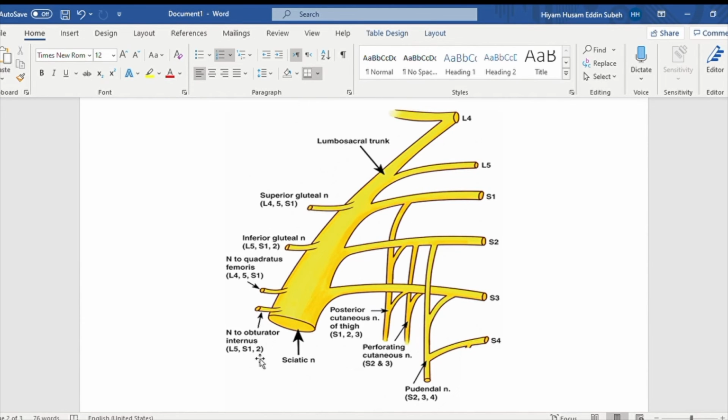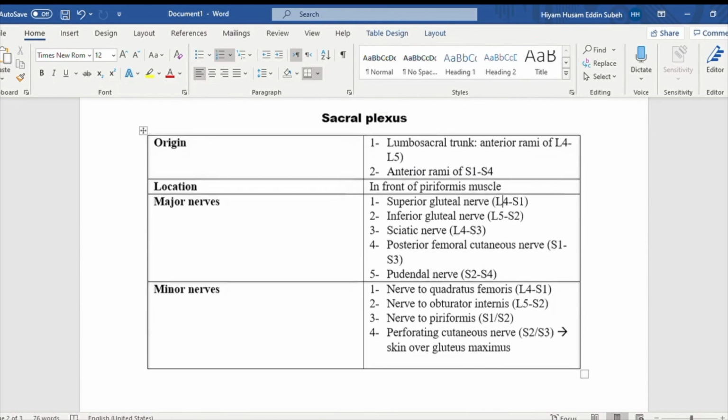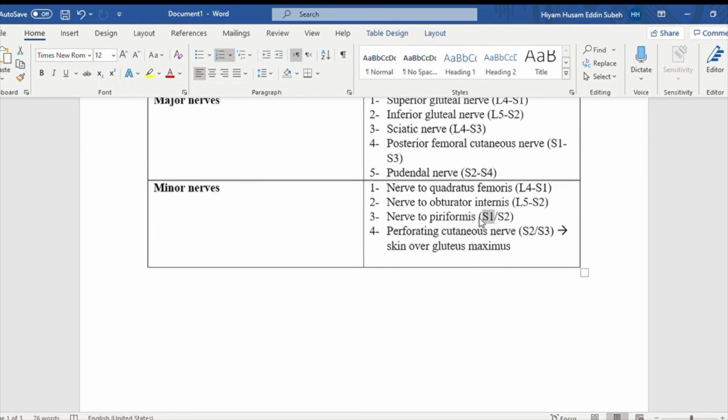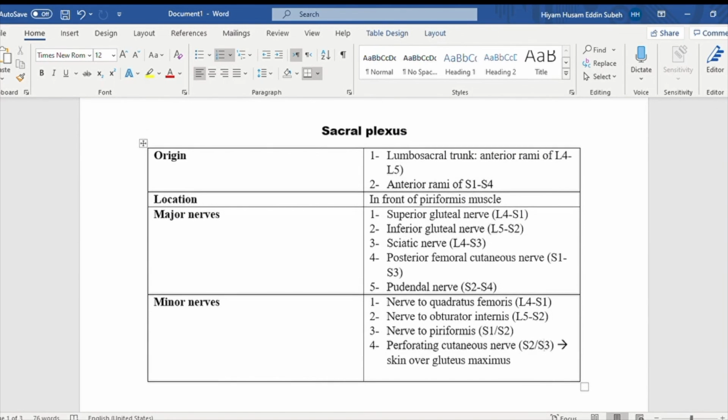The nerve to obturator internus has the same nerve root as the inferior gluteal nerve. Now, the nerve to the piriformis muscle originates from S1 and S2. Perforating cutaneous nerve originates from S2 to S3. Both of these are easy to remember because we have S1, S2, S2, S3. They're easy to remember. This is a table that summarizes everything I said during this